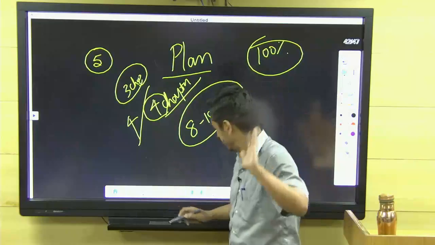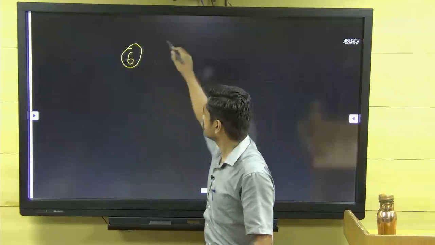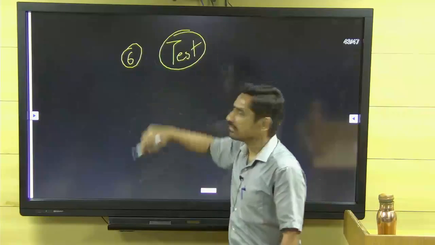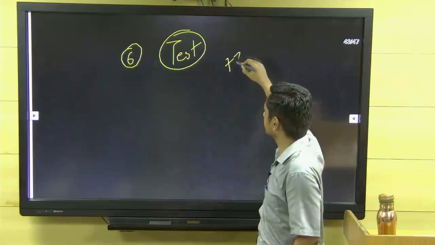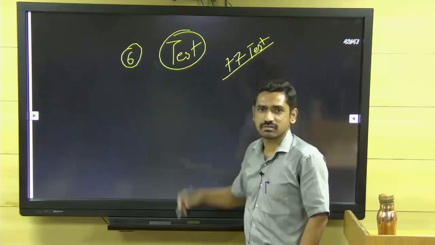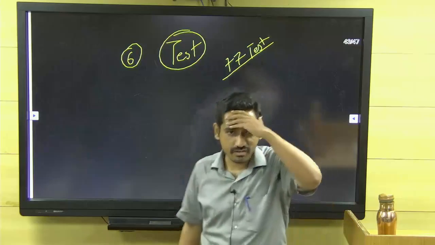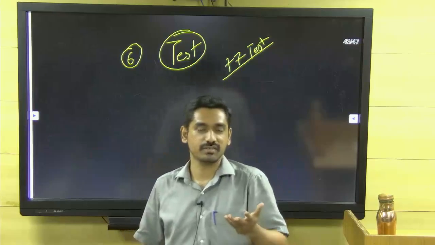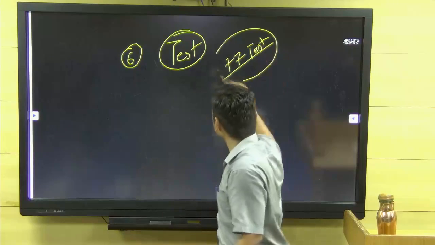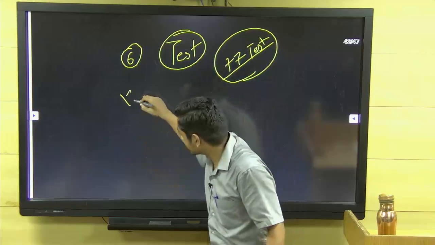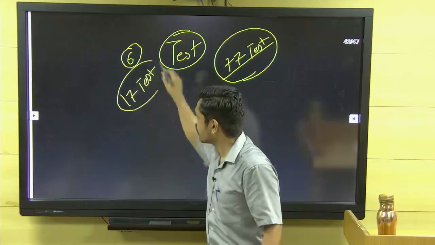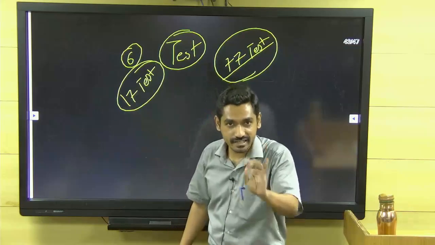Your last point I missed. This is one habit, new trend. The test. Sir, I am planning to write over 77 tests. Right. You will not clear. People understand it's not about writing too many tests. You can write 17 tests. The most important point is, when you're writing a test,